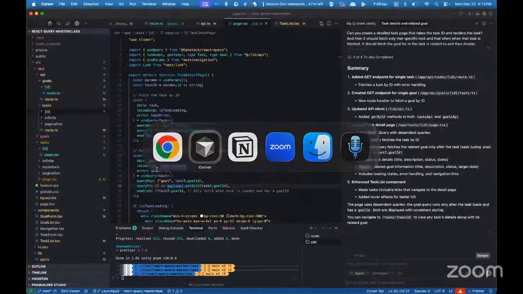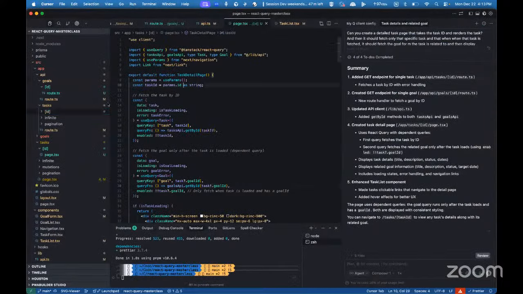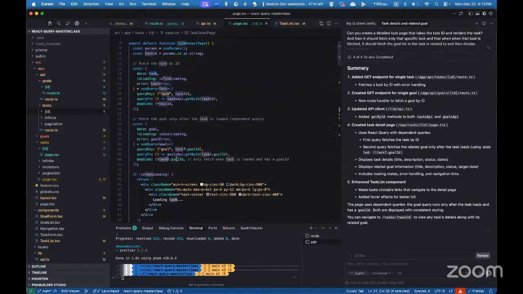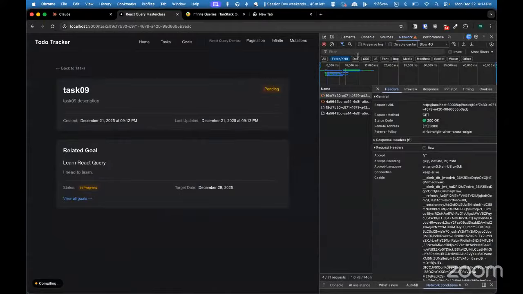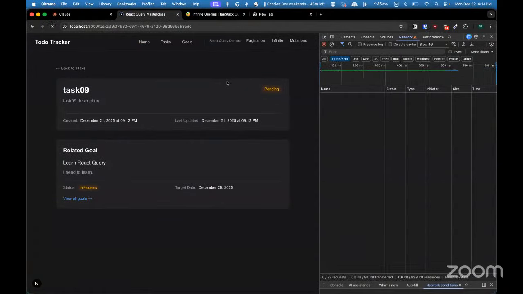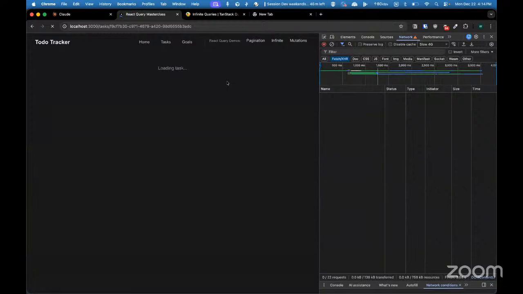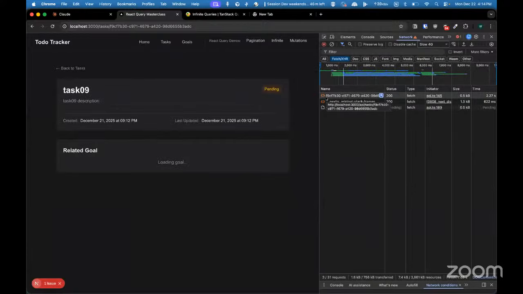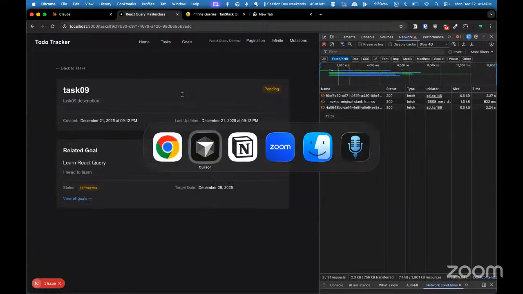And so this is where we'll probably be using the enabled flag, right? You see here, it's saying if there is no task ID, there's no need to fetch, so the enabled flag is false. Similarly, when there is no task.goalId, don't fetch a goal. Without this enabled flag, let's say we don't have it, and we reload the page, you see it made the request for that task and then for that goal, but it should